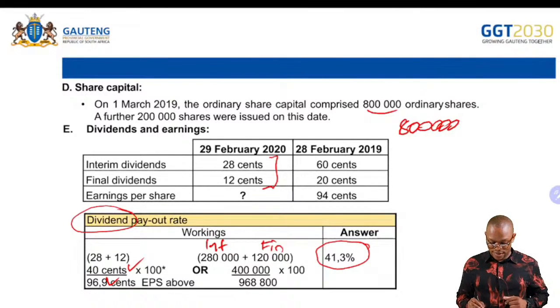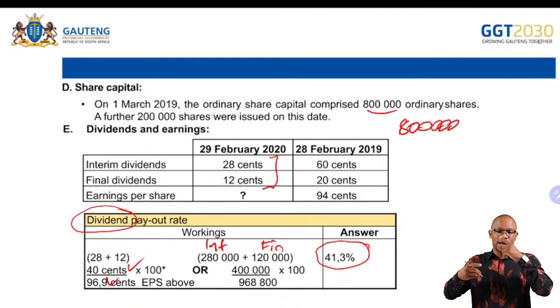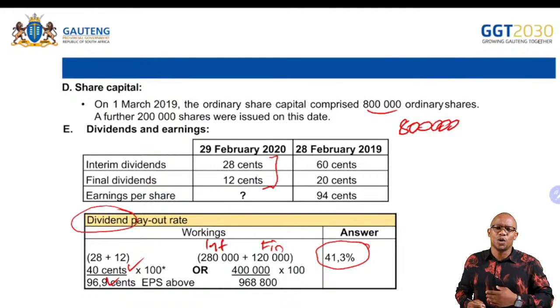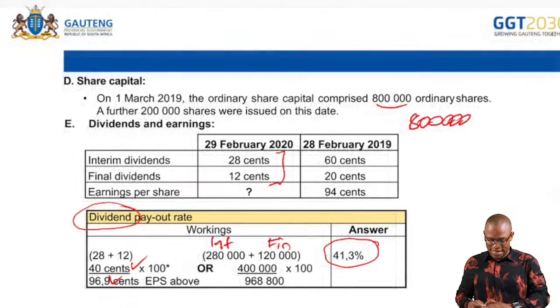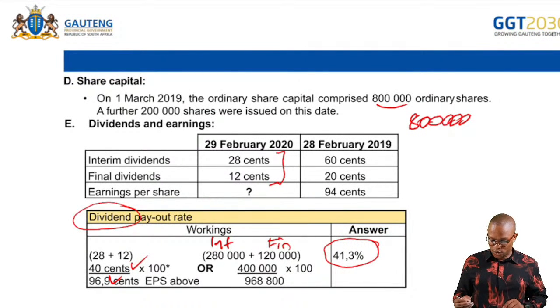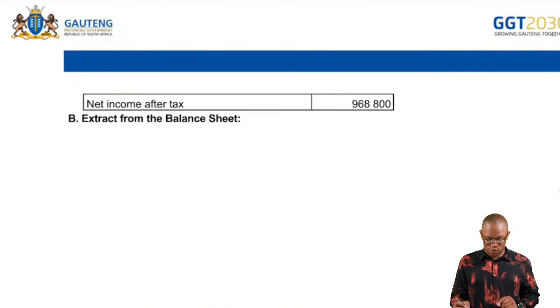Then you divide by your 968,800. Remember that was your earnings per share. So earnings per share is the same as the one that we calculated previously. That is your net profit after tax, 968,800. You'll get 41.3%. As I wrap up, my time is almost over. Let's check